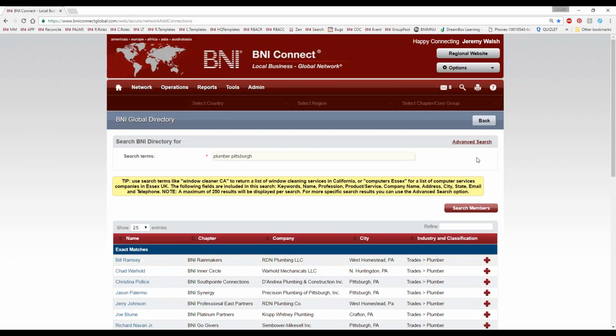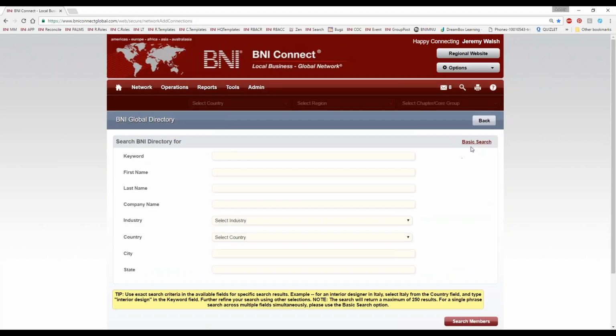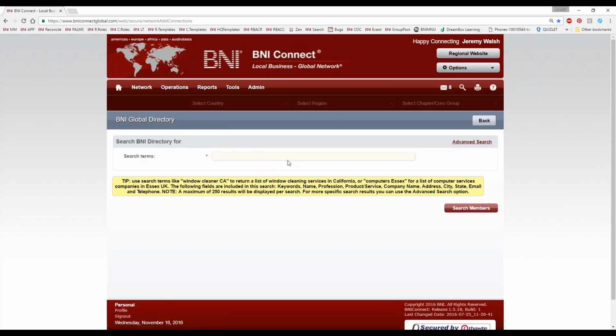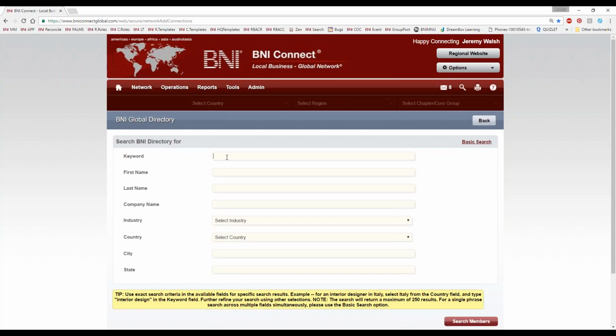Now you'll notice in this gray bar here, there is a thing called advanced search. When we're searching on the regular search, it's taking all of the search terms and taking its best guess, just like Google or Yahoo would, without quite the sophisticated search engine, but it's going to do its best to match whatever you're searching for against a bunch of different fields. Sometimes, though, that can produce either too few or too many results, and that's what this advanced search is great for. So you can make sure that you're searching specifically against keywords or specifically against the first or last name